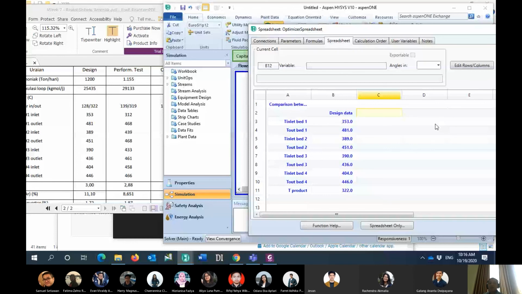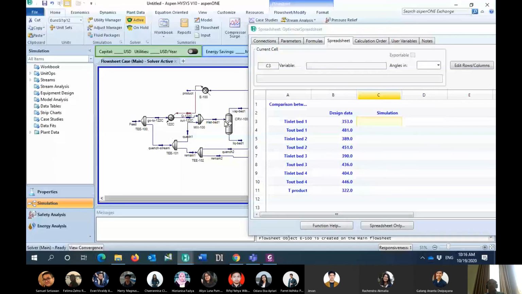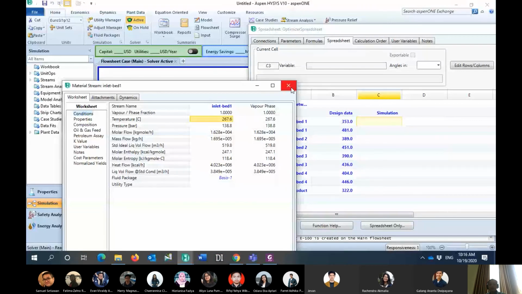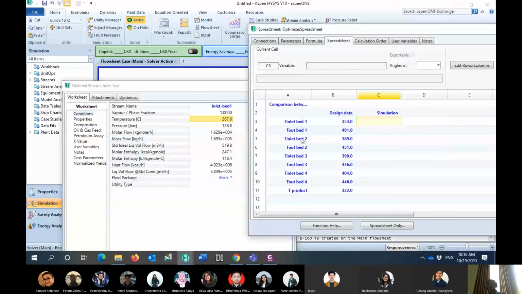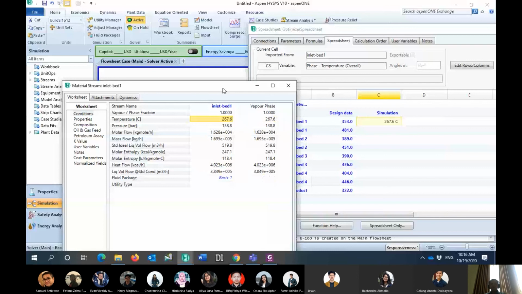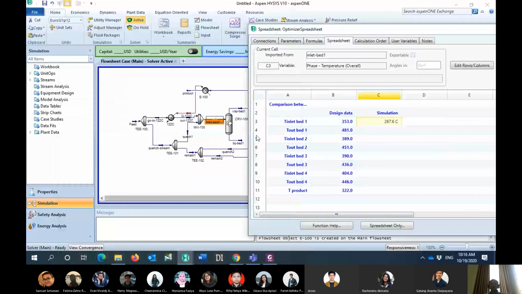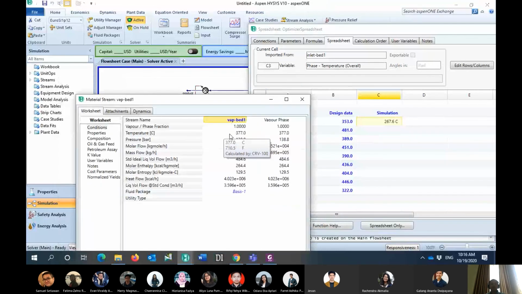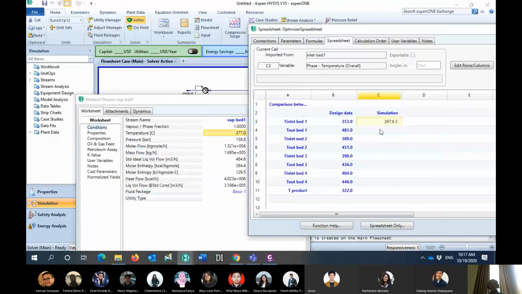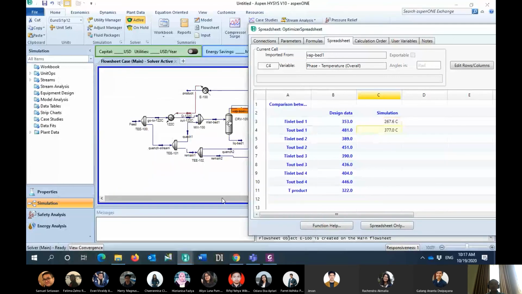How about my simulation? The T inlet in here is around, I just copy and then paste in here. It's so different. I will optimize this value. And the outlet temperature is also different. It's not correct.